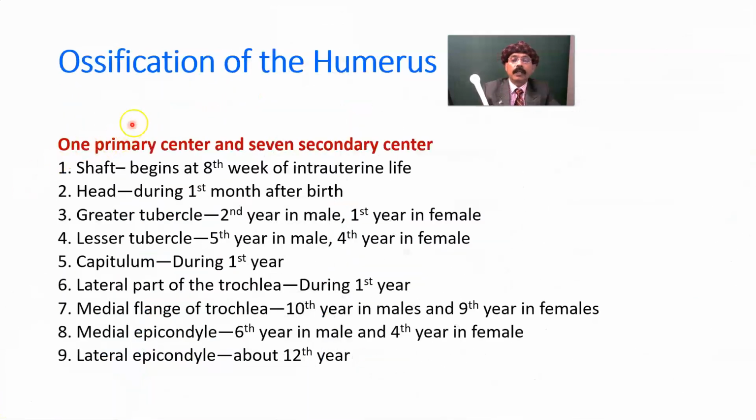Okay, now ossification of the humerus, one primary center and 7 secondary centers. Upper end is the growing end. It will unite with the shaft around 20 years. Lower end will unite with the shaft by 16 years. Okay,